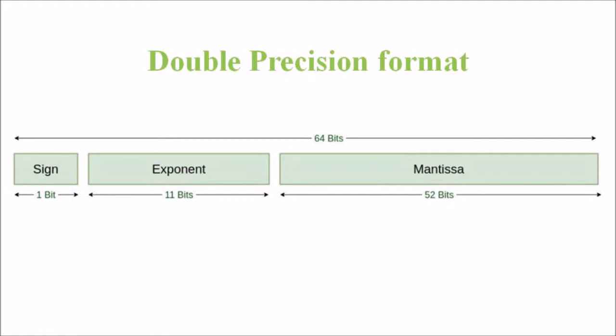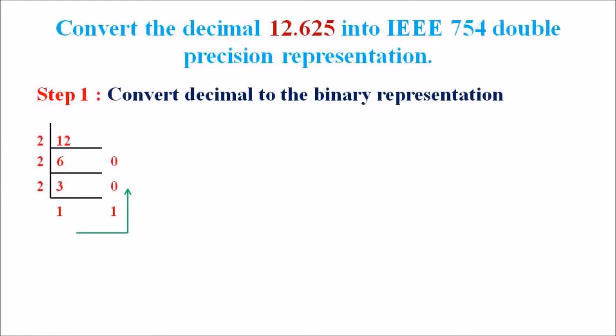By the following example, we can discuss how to store a fractional value in this representation. So my dear students, please go through this example. We are going to convert the decimal number 12.625 into IEEE 754 representation. In the first step, we have to convert the decimal number into its binary representation. For 12.625, let us consider the whole number portion 12. This 12 can be converted by continuously dividing by 2, which results in the binary number 1100.